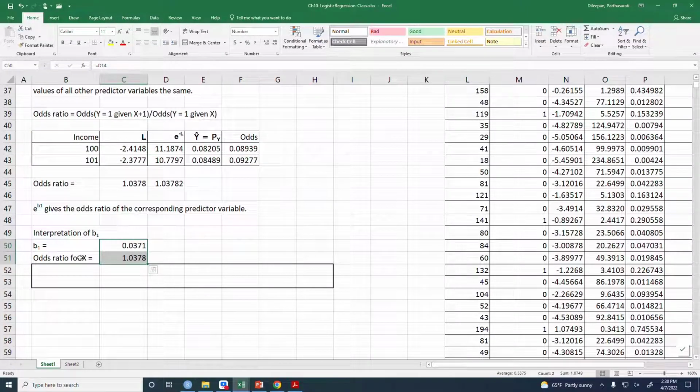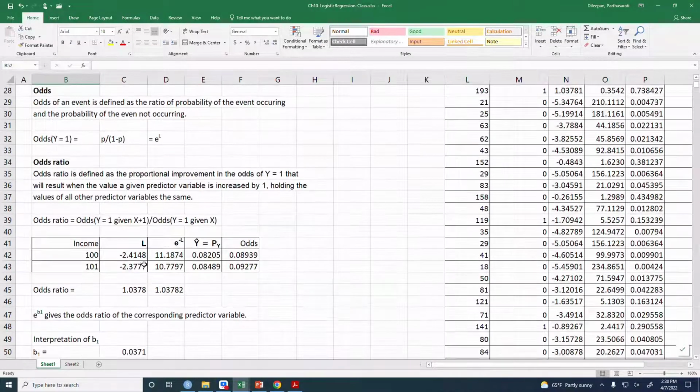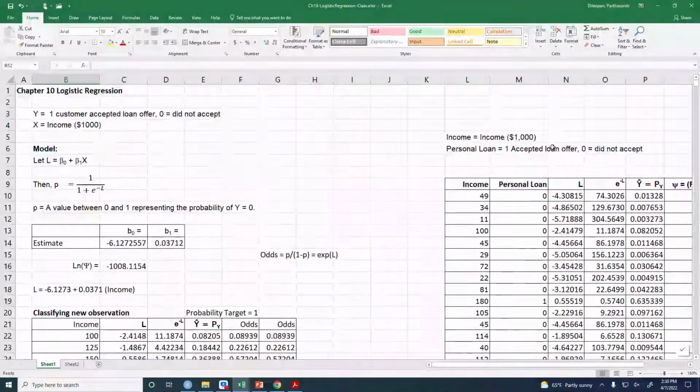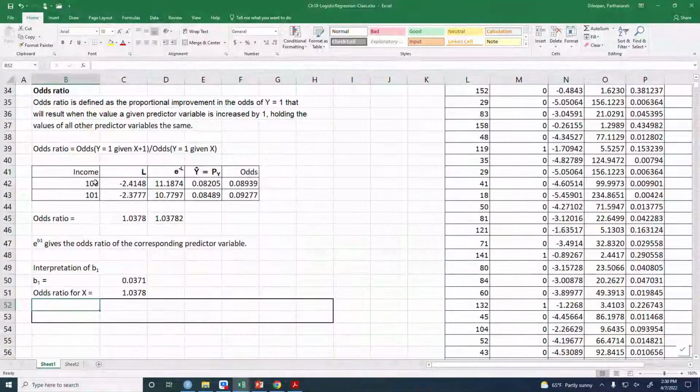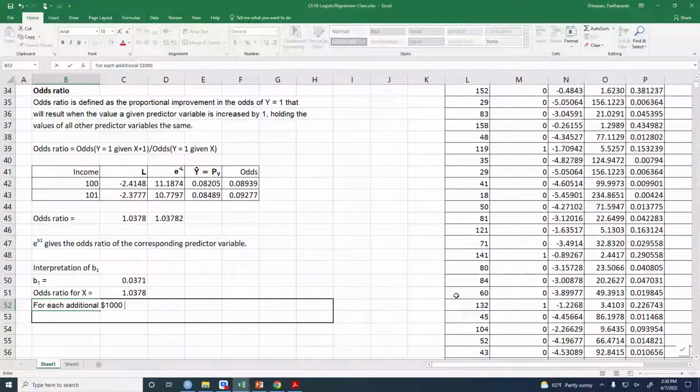So now this is for income, right? Income is in $1,000. So when the income goes up from 100 to 101, that means the income has gone up by $1,000, right? So for each additional $1,000 in income,